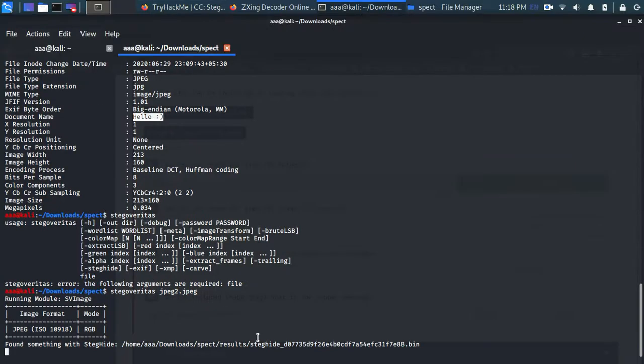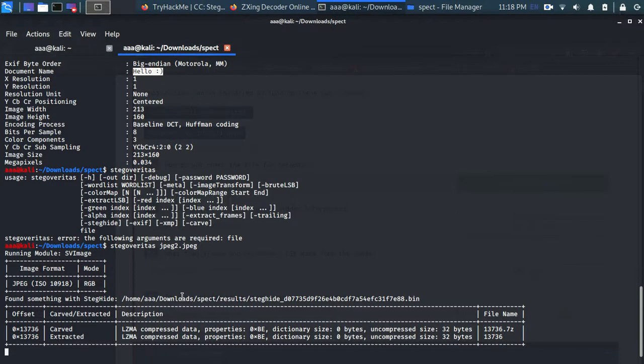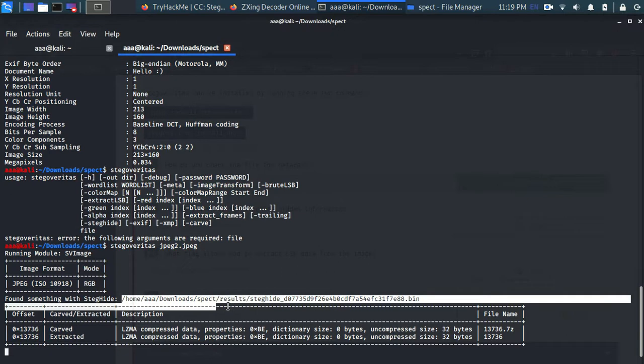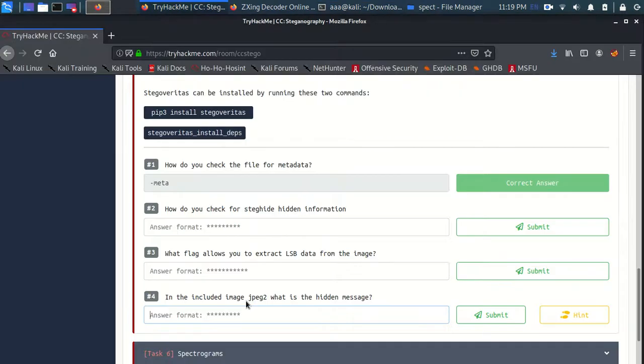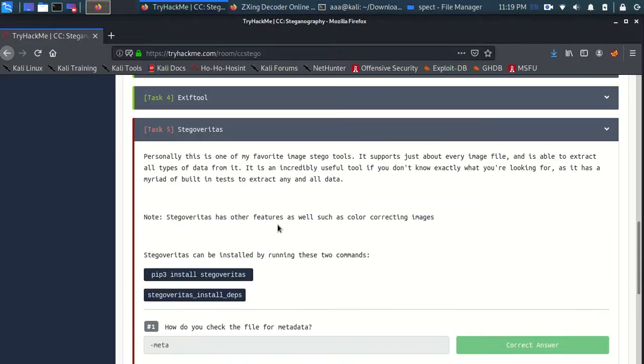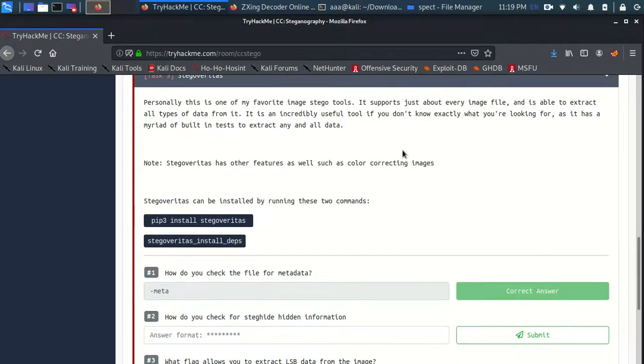As you can see over here, this is running, and you can see that it found something in StegHide. So they found something over here, and now all the output will be given in this file known as results. StegHide is actually like, for every image it will extract. This is the use of Stegovitas.